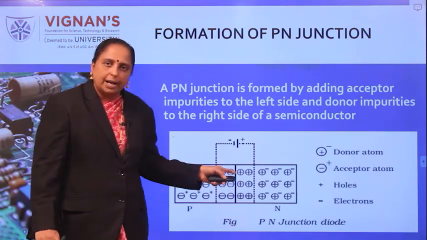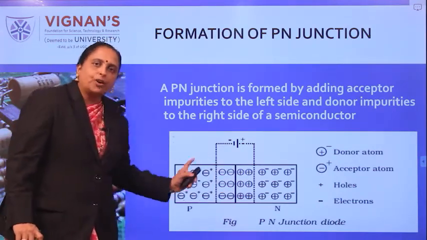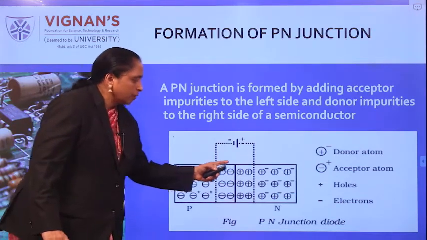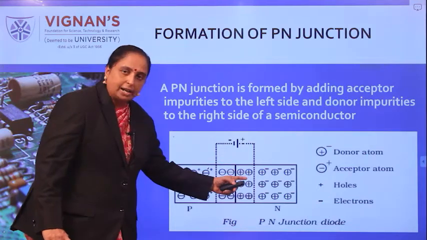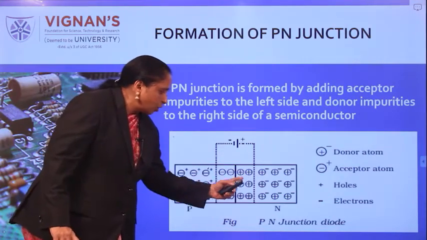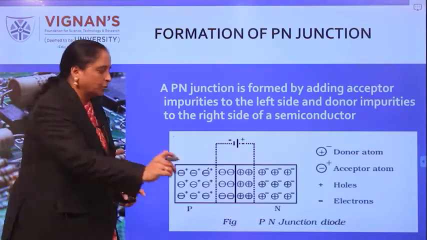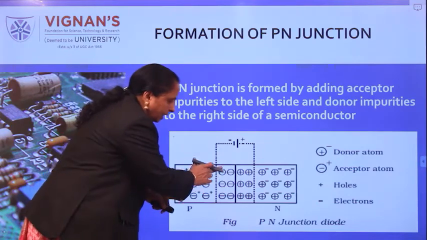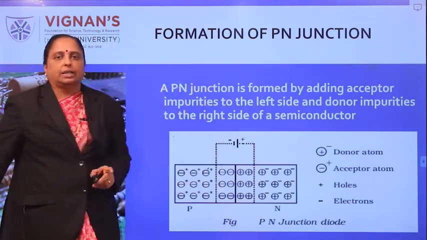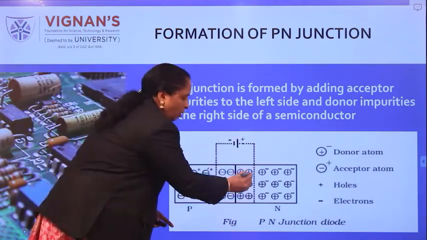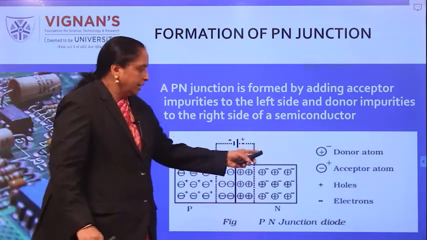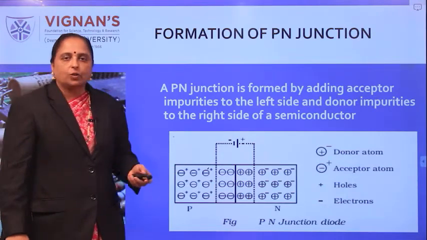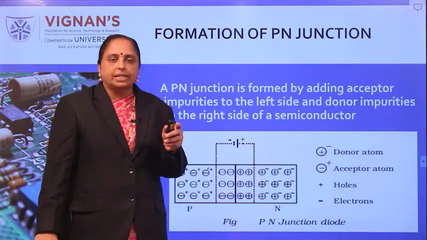Why do we call this a barrier? Because it will stop further movement of the carriers. For example, if a positive charge tries to cross this barrier, cross this area, it will be opposed by strong positive ions. Suppose an electron tries to cross this area, these negative ions will repel it back. That's why it forms a strong barrier. See here, like this a PN junction will be formed. So this is one of the important questions for you: how a PN junction is formed.